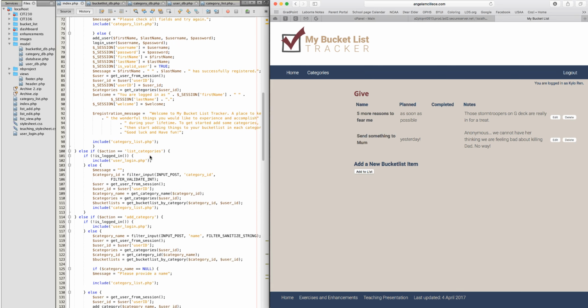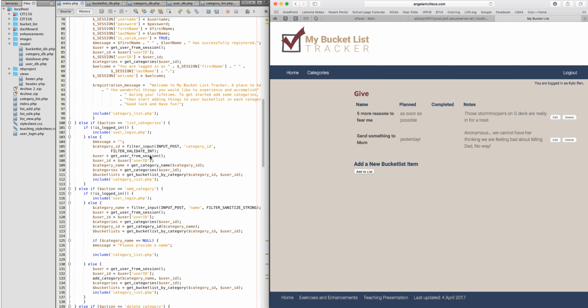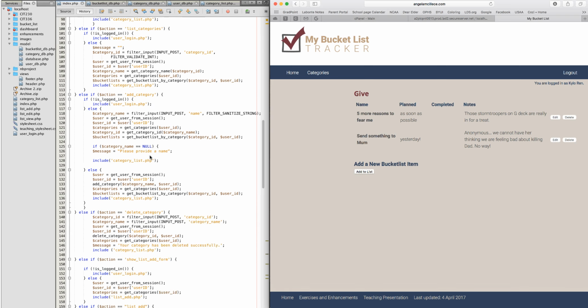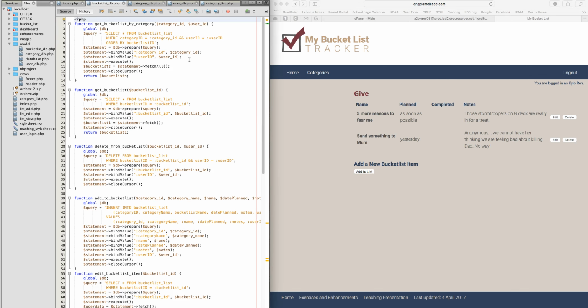Let's see, I'm supposed to have valid HTML and CSS, which both validated correctly. Custom functions, let's look at the databases. So this is my bucket list database, PHP file with all the functions. You can see I've got